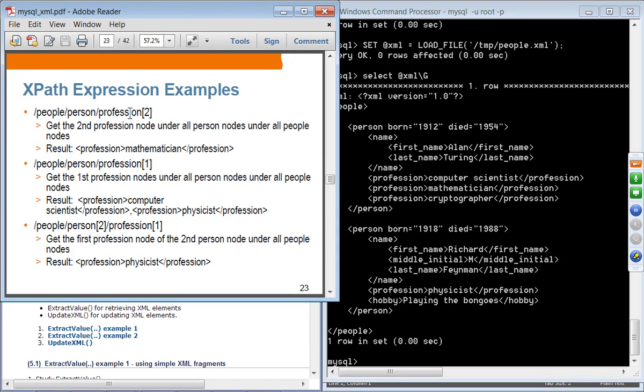This is basically get the second profession node on all person nodes on the all people node, and we have only